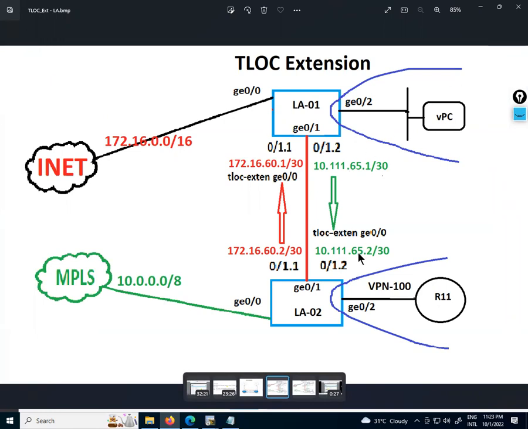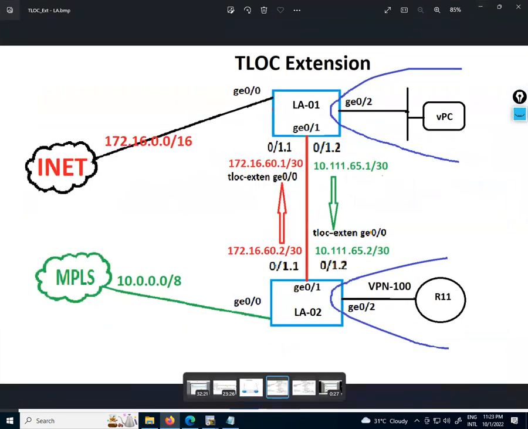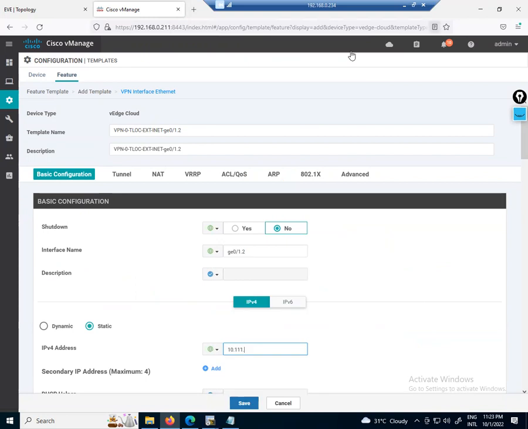Okay, so we'll keep the IP address. So now saved it. It is 111. So we'll use this IP. So I'll assign 10 dot, what was it, 111 dot 60, right? It is 65. Okay, 65. Like that, something, third octet I have used. So 10.111.65 dot